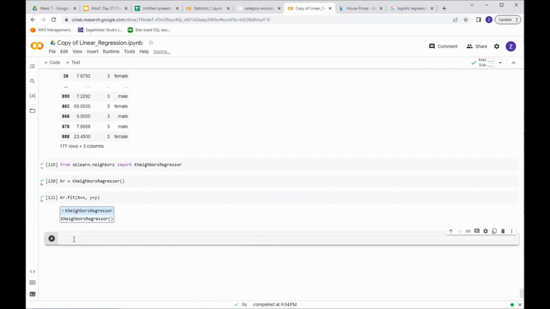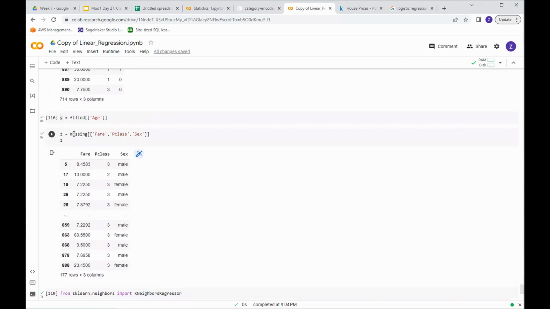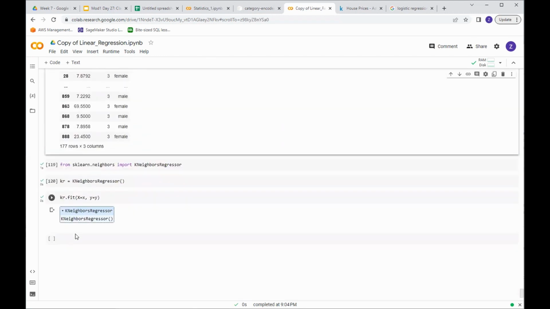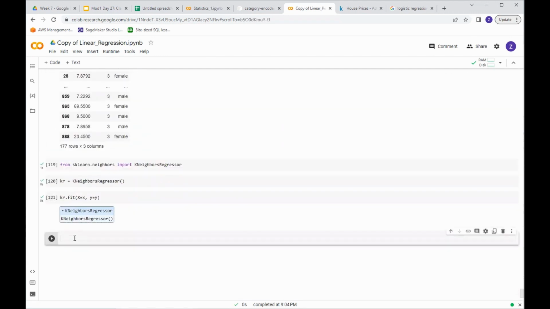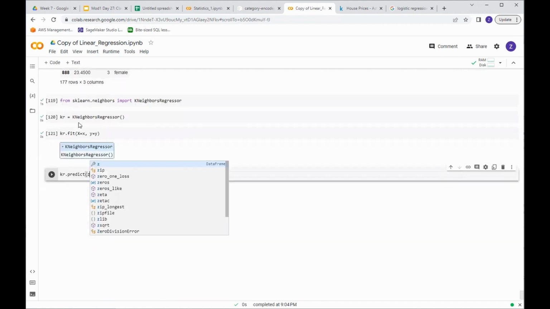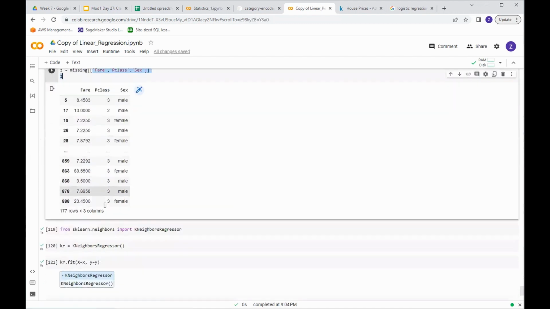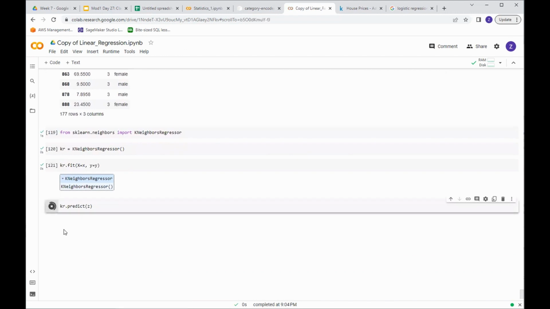Next step is I want to predict on the new data, where age was missing. On the missing data set, I want to predict the age now. So when I use this missing data set, that is going to predict the age for me. Once the algorithm is trained and I have a model, I am going to use that model kr and do predict. In this case, I am going to put the data set z because z was the missing, and I have these three features that I want to predict age from. And then when I run this,